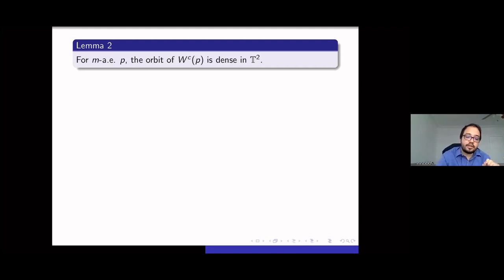A second ingredient is to use that for almost every point in your manifold. If you look at the center manifold, so these are just the torus, the horizontal torus, and you look at the orbit of this torus, this is actually dense in T4, so this should be T4. This is dense in T4. So it tells you that the orbit of a typical torus is dense in T4,